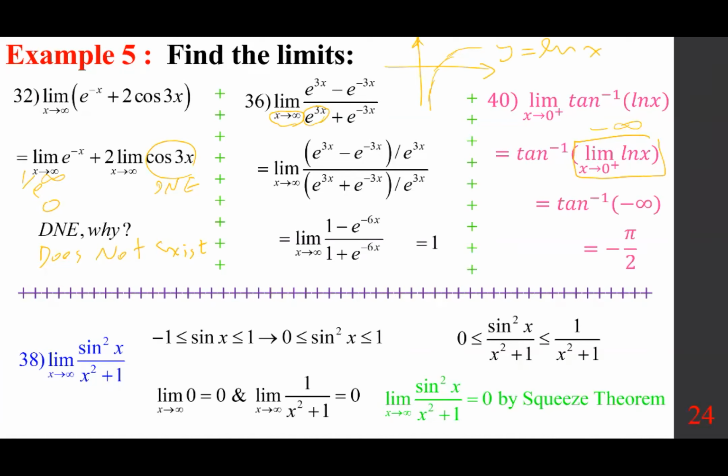And as far as tangent, I hope you remember the graph of basic tangent. This is x equals negative pi over 2, and this is x equals pi over 2. In any event,